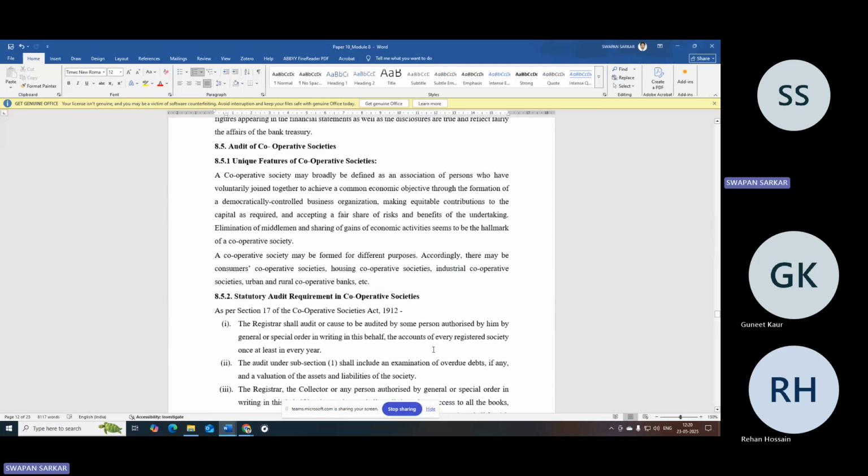Okay. Let us discuss this point. Audit of cooperative societies. A cooperative society may broadly be defined as an association of persons who have voluntarily joined